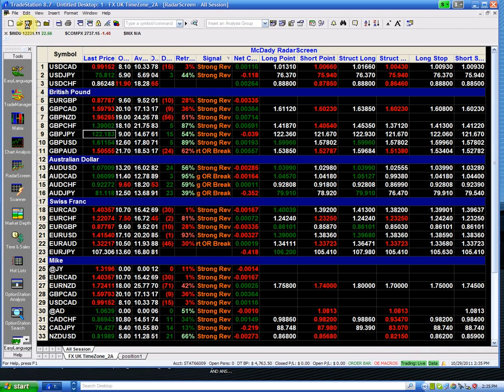So to wrap up the pound yen, we are going to buy above 122.36. I have a structure long above 122.93, and if I buy it above 122.36, my stop is about 122, so I'm risking 36 pips on that trade. On the short side, my short point is 121.67, which is a structural short point,